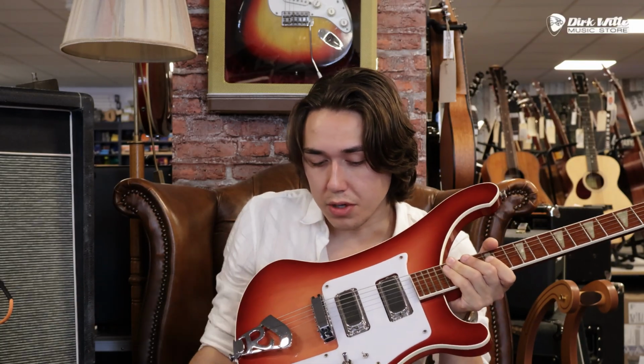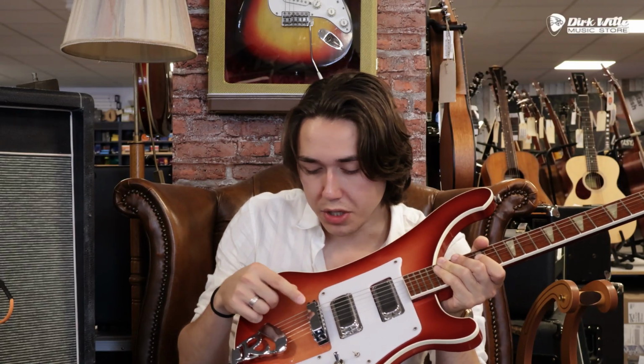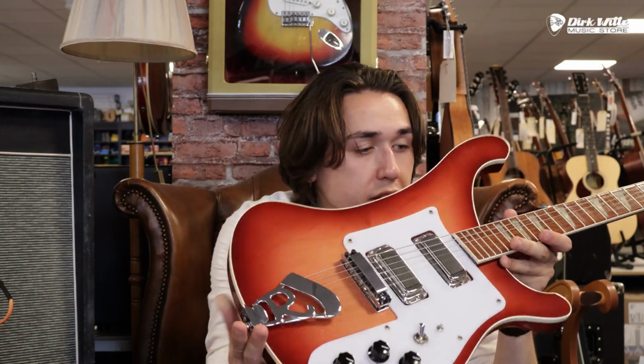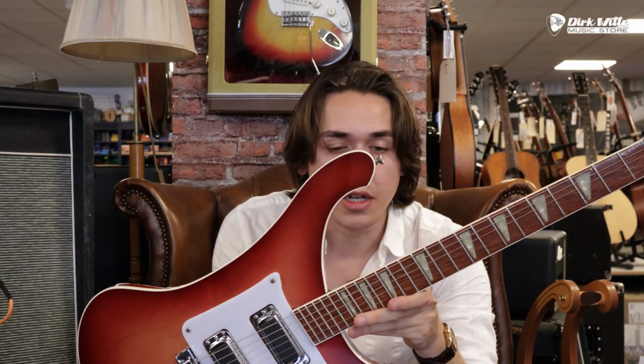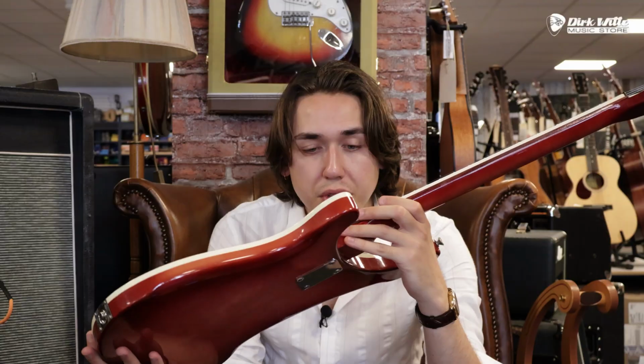Just got your original hardware for the rest of it. So original Rickenbacker bridge with your bridge cover, and also Rickenbacker R tailpiece, also very iconic look. And then we have got a 3-piece maple neck with a rosewood fingerboard, and this being a Rickenbacker, the fingerboard is also lacquered, so you've got a layer of nitro over the top of the fingerboard for that very iconic look and feel that is very synonymous to Rickenbacker guitars, with your shark tooth inlays and again